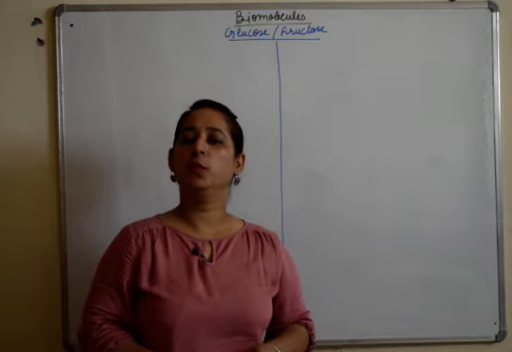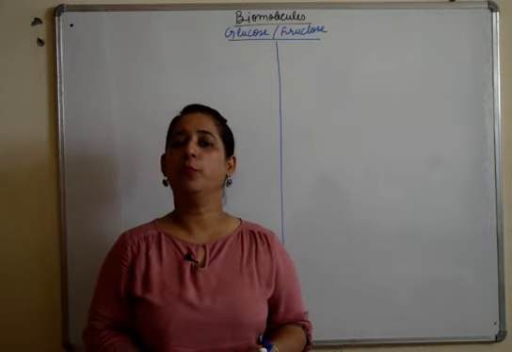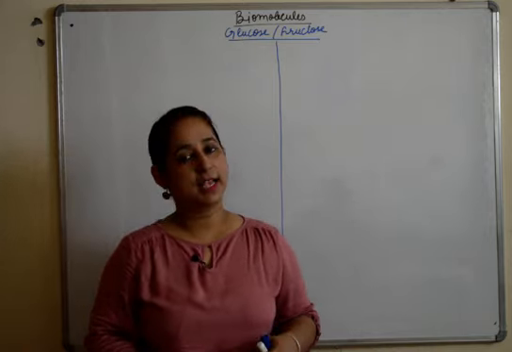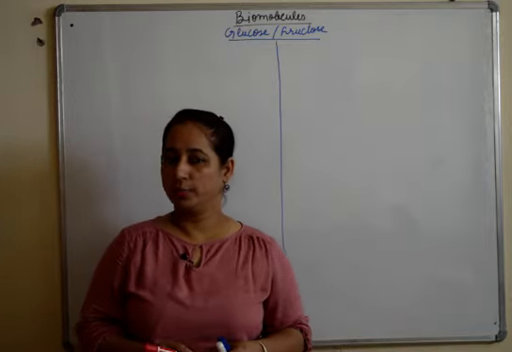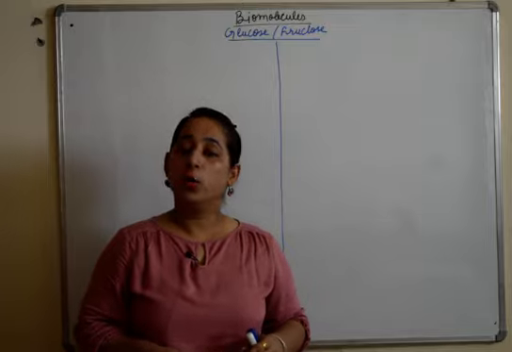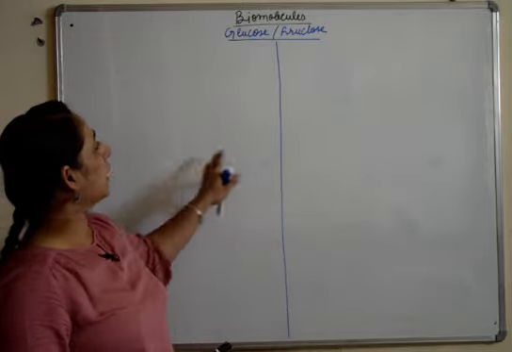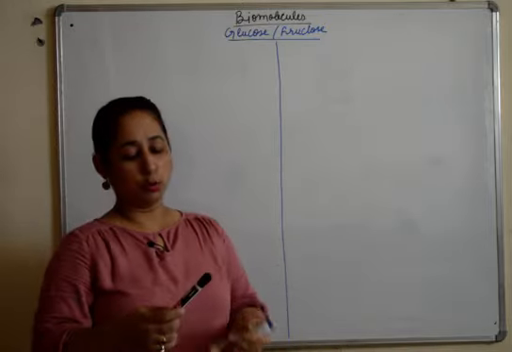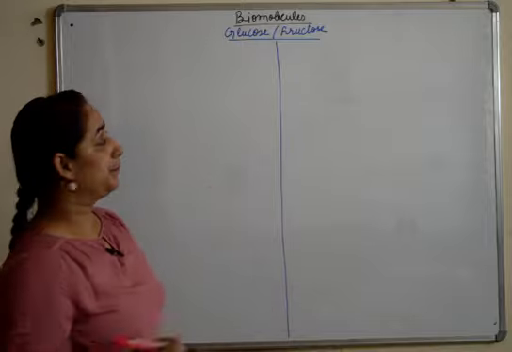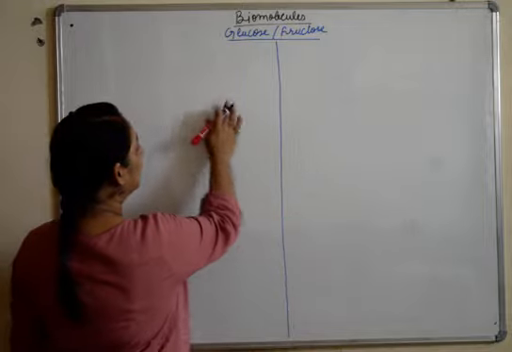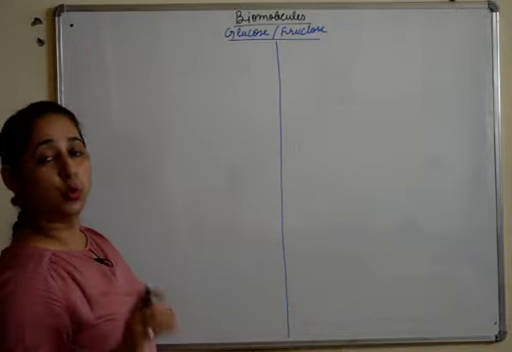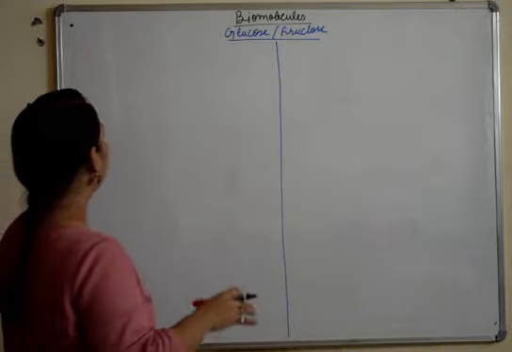In our previous video, we had started with the description of monosaccharides. We have discussed the general characters of carbohydrates and we started with monosaccharides. In this video, we'll differentiate between two types of hexose sugar, glucose and fructose. Watch the video till the end. You will get all the diagrams and all the important pointers related to glucose and fructose at the end.